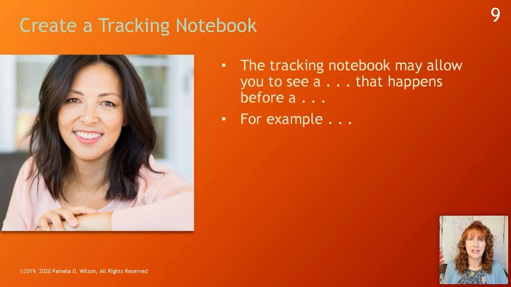Make them write down the notes like, I had a good day today, or I woke up and I didn't feel so good. I felt nauseated. I felt dizzy. You will be surprised what you learn and how this tracking notebook can improve the care and the health of your elderly parents and save you time that is unnecessary when the health of an elderly parent becomes worse because someone didn't take action. Doesn't have to be that way. Older parents don't have to be old and sick. We don't have to be old and sick.